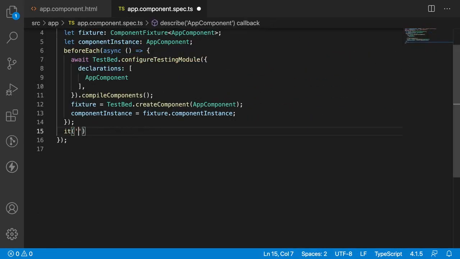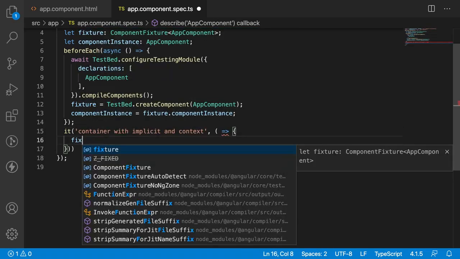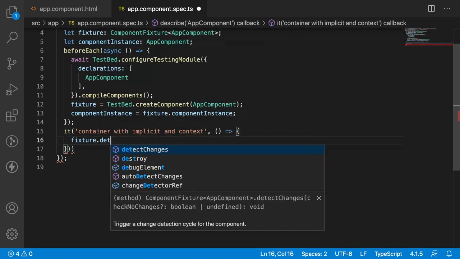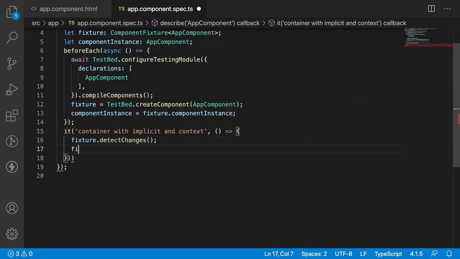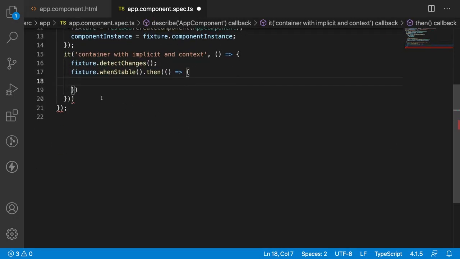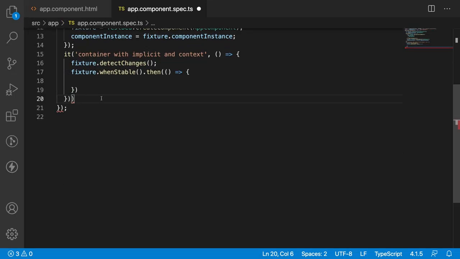Let me create a test, container with implicit and context, with a callback. Inside the callback, let me use fixture.update. Here there is a missing closing brace. Fixture.detectChanges, and fixture.whenStable, which is promise based, then of response. That means I will capture an empty response, and inside this I want to test those IDs.